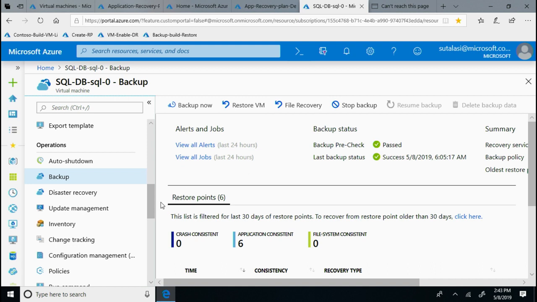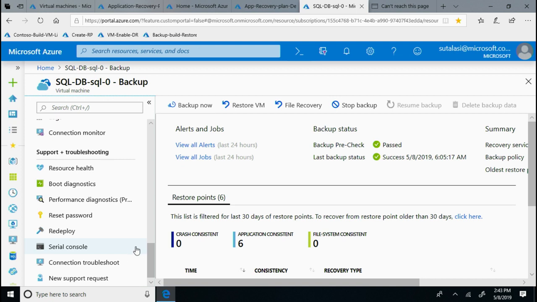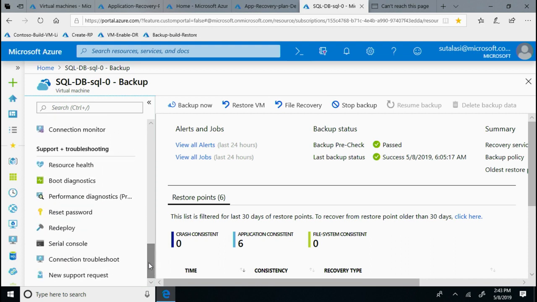So for all the machines that I showed you which are hosting the two-tier web application, I have enabled backup on all the VMs. And if you have any incident such as, hey, you have accidentally deleted a file, or by mistake someone deleted your machine, or there is a corruption in your application that impacted your VM, or the extreme case could be someone did a ransomware attack on your machines and your application is impacted,